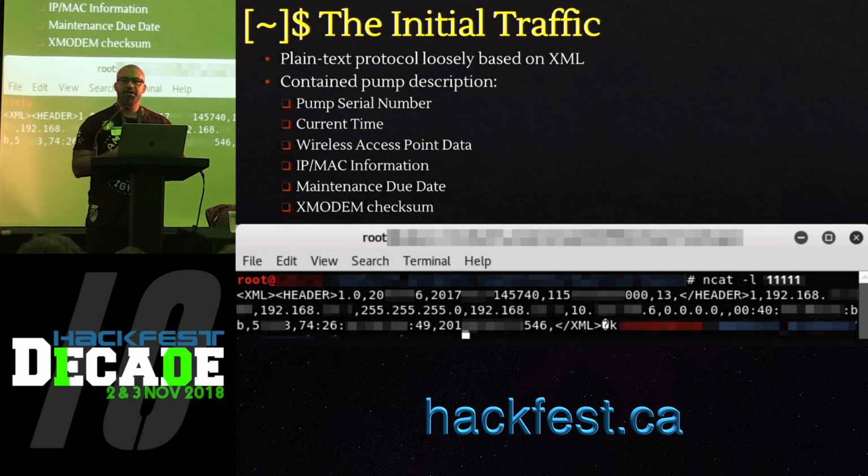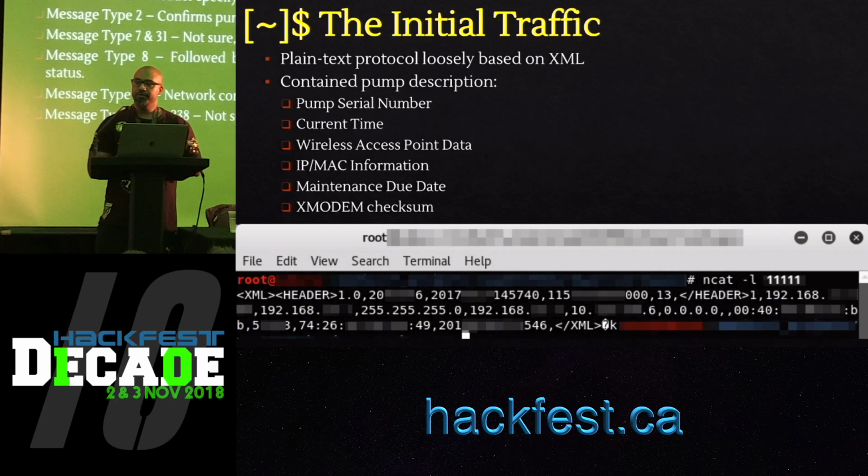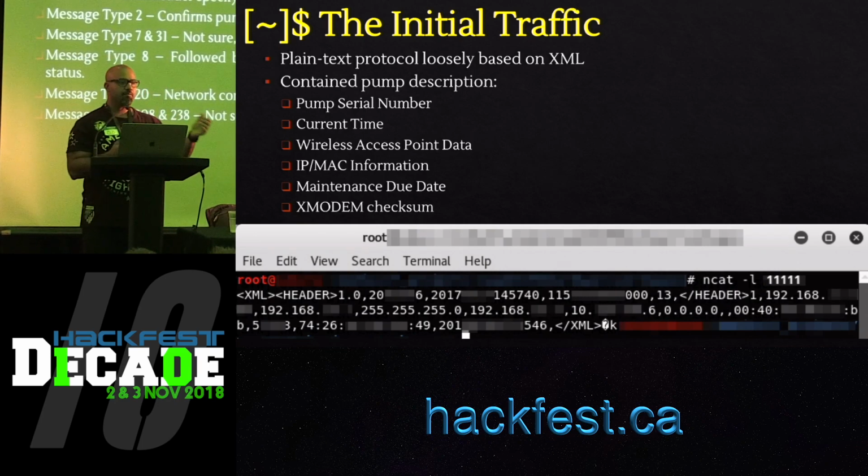Initially, we started doing it manually, but we figured that it might be a good idea at this point in time to start fuzzing this thing with different kinds of packets. So we wrote a Python library, which would receive messages from the Infusion Pump, create different kinds of responses, and then send them back to the Infusion Pump. After doing this for a while, we started deciphering some of the message types.